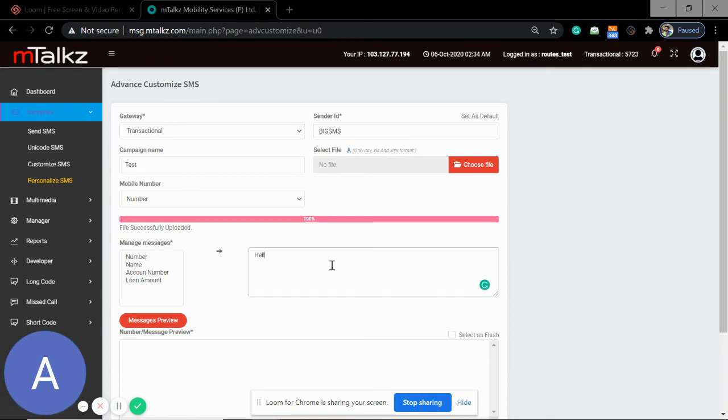Let's suppose, first of all, hello, and after the hello, I want to use the name column. Just select the name, drag that, and this one is created as a variable. Okay.